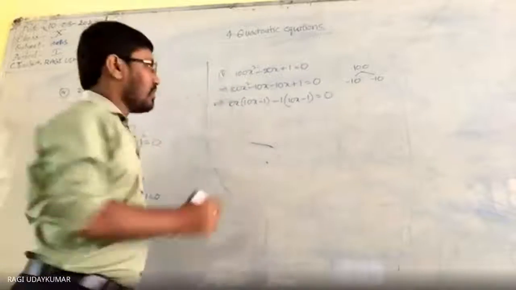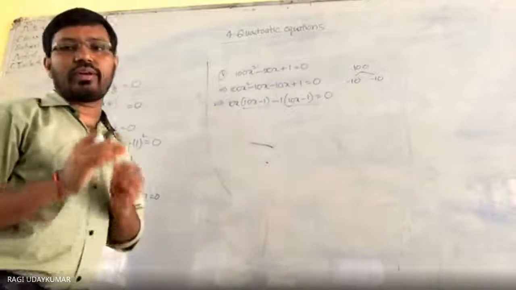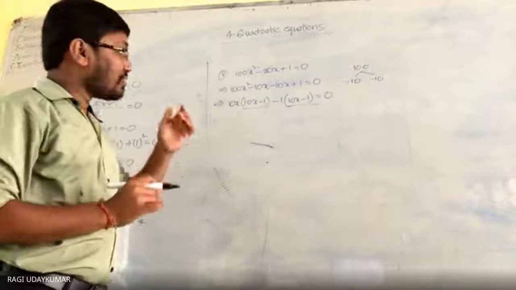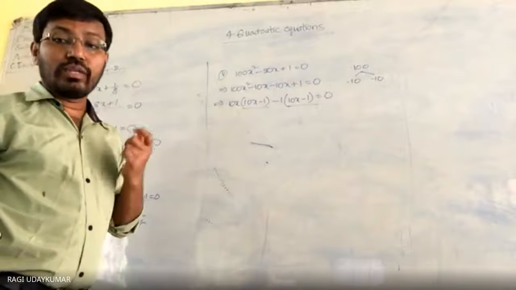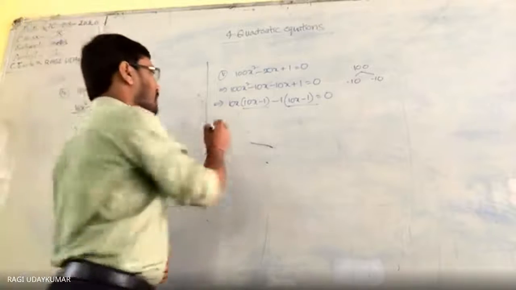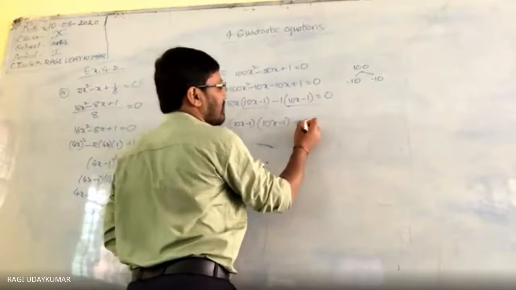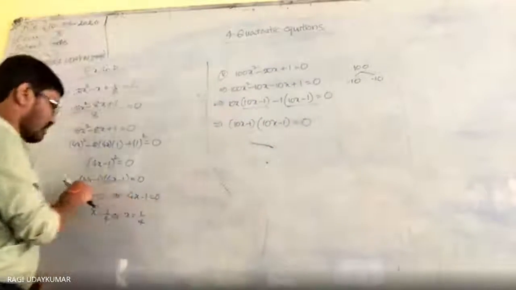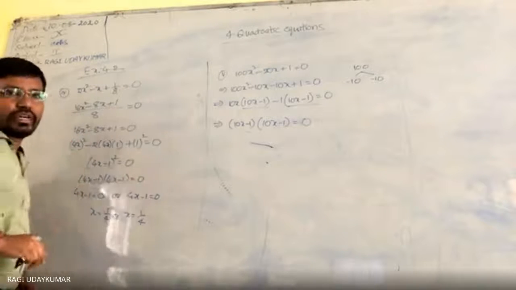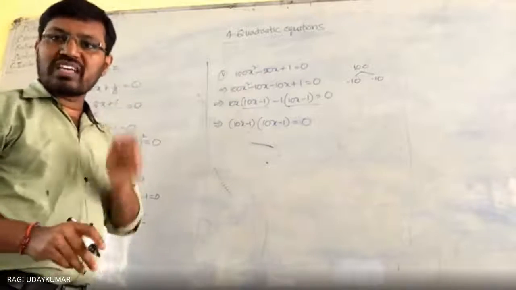Do observe that whenever you are doing the factorization, these two factors you are going to get are the same factors. If you do not get the same factor, you need to think that somewhere you committed a mistake. So now what can you write here? 10x minus 1, you take the common: (10x minus 1)(10x minus 1). This problem also, if you do the factorization in the same way, you will get the same. So in both the problems the roots are repeated.